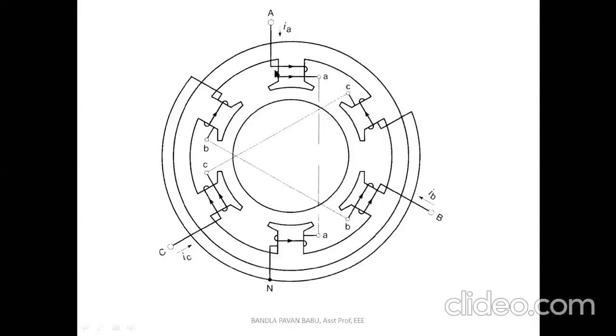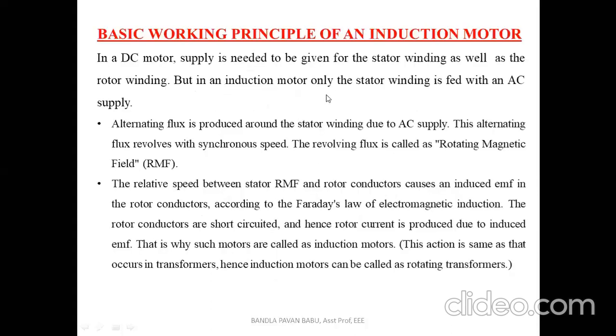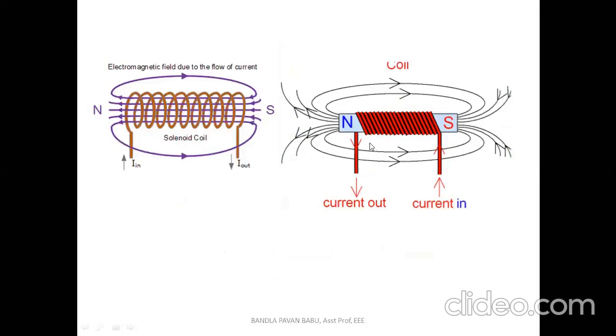So this is the R phase. Here it starts entering, so entering in the sense it is a dot position. Look at this diagram. Consider it as a north pole and south pole. It is considered as an electromagnet, not a permanent magnet. If the current is leaving there, it is considered as a north pole, and wherever it starts entering, it is considered as a south pole. This is how the magnetic field is developed from north to south in an electromagnet.